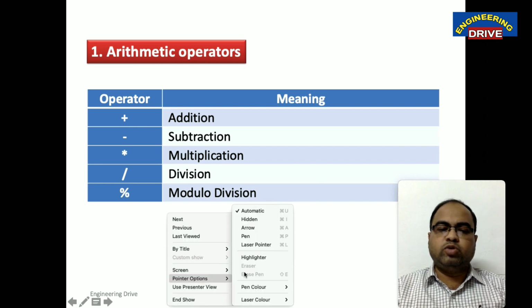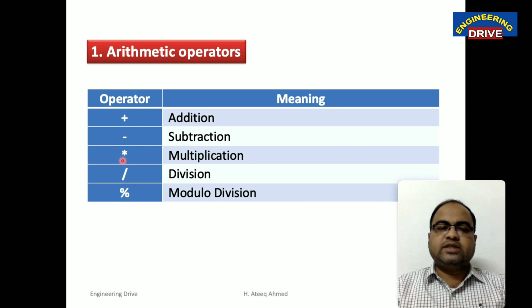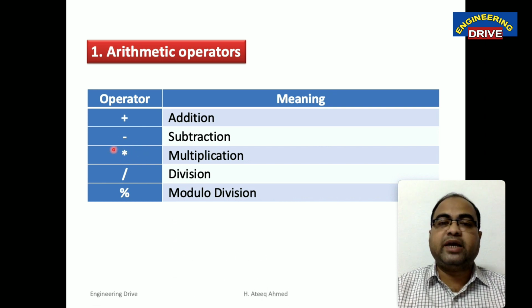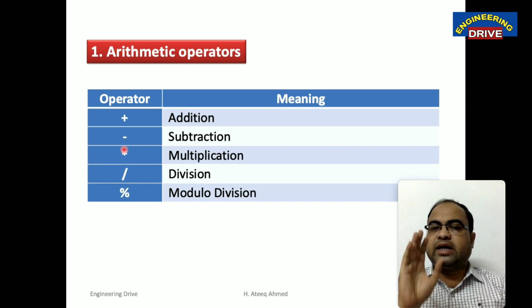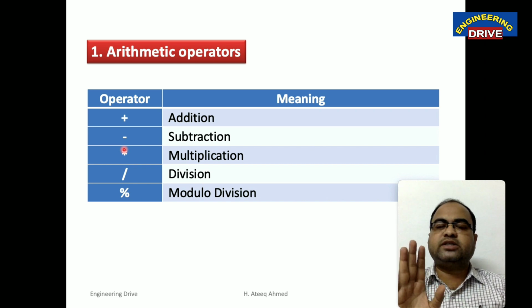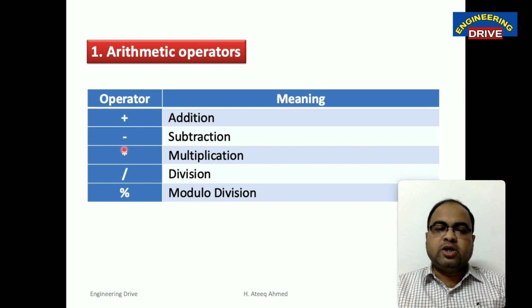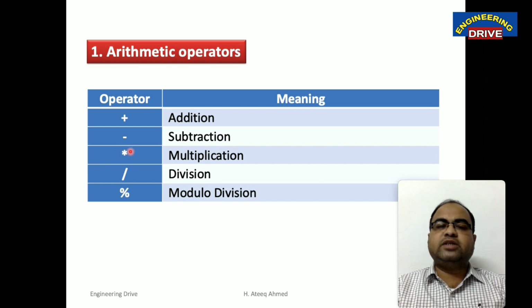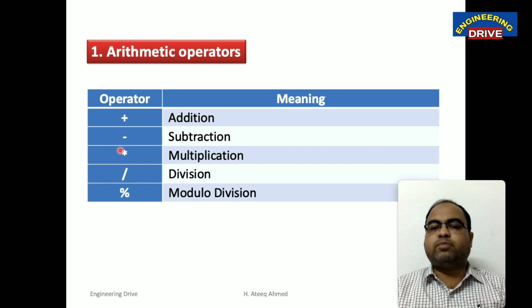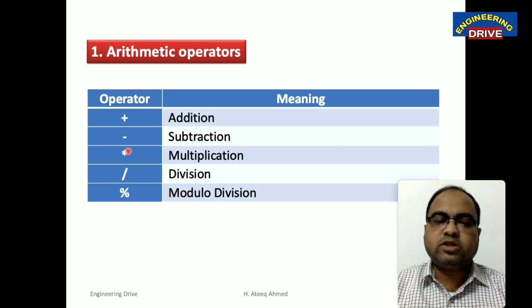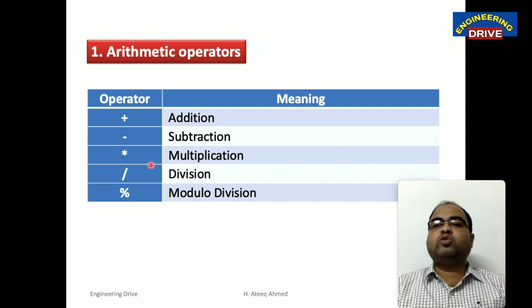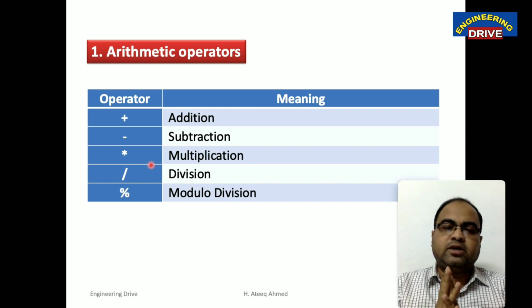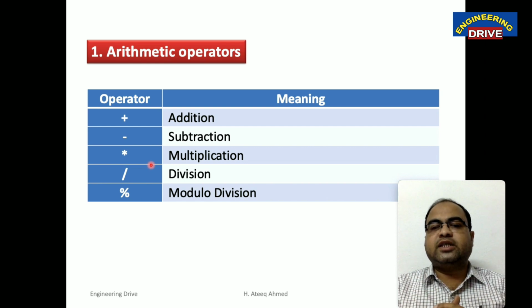So let me show you. This is the symbol that will be used for multiplication. That cross symbol you can use for the mathematics subject, but other than that you should not use that symbol anywhere for multiplication. The multiplication symbol is this star, which our computer supports, and all programming languages also support this star for multiplication. And even for division we use a different symbol in mathematics, but here division is the forward slash symbol.